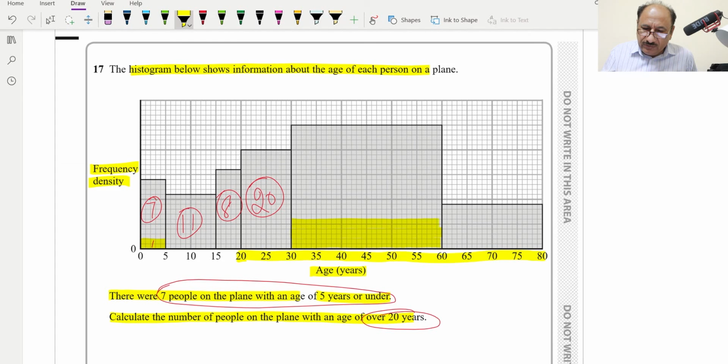So 3 times 6, 4 times 6, 5 times 6, 6 times 6, 7 times 6. Similarly, we can have 8 times 6, 9 times 6, 10 times 6, 11, and 12 times 6,